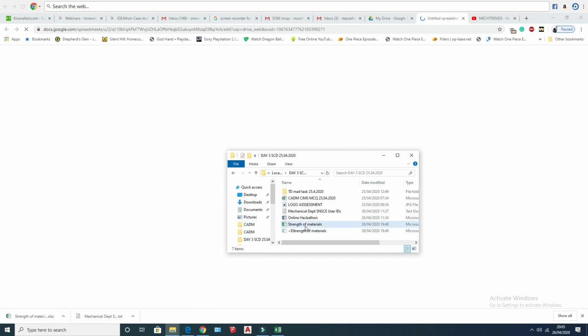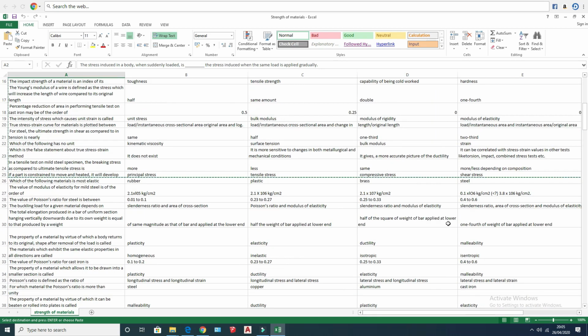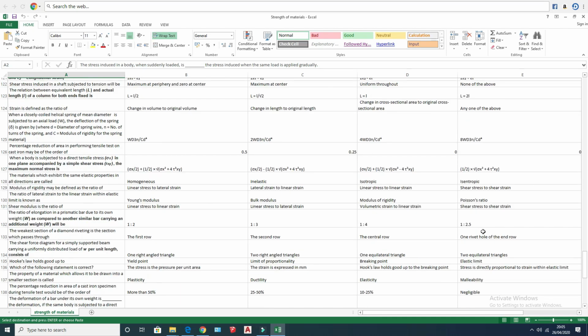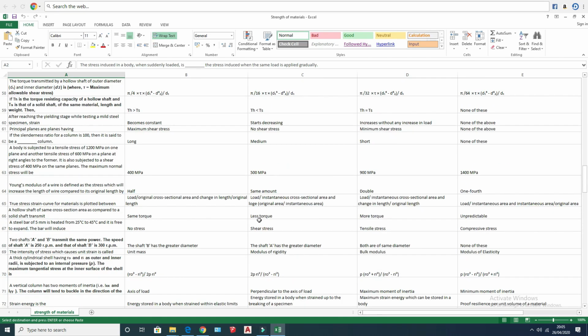Now I'm just copying my MCQ questions from another folder. Column A represents questions, and B, C, D and E represent the options for the questions. You can see more than 100 questions are available. Now I am going to show a few questions for uploading in the Google Form.